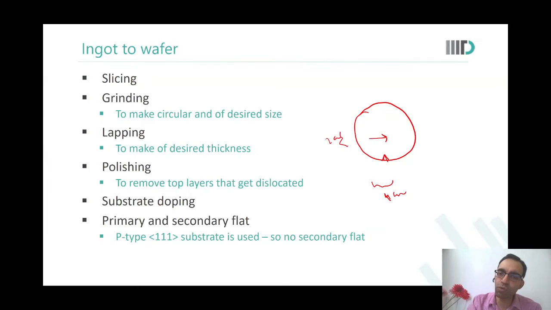So if my current flows in this particular direction, I will be using the 111 kind of direction. So the notch not only defines whether this is an N-type or a P-type, but it also tells where the 111 plane or 110 direction is in that particular wafer, because the electrical properties in different directions are different. So we also need to tell the user how to fabricate it. This is how you should place the wafer in your fabrication machinery.